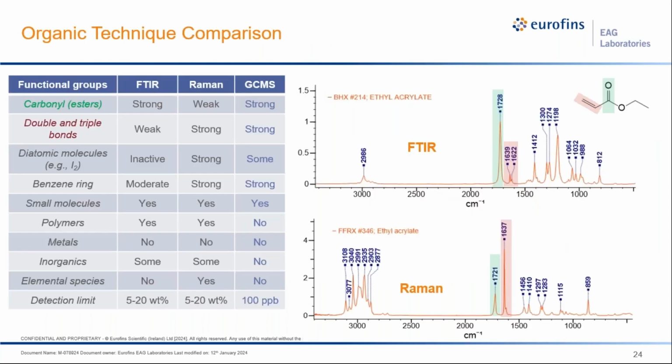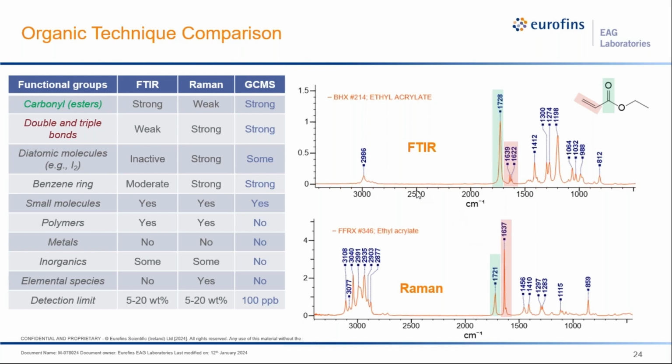And generally speaking, when we compare these 3 techniques, we can see that they excel for certain characterization and are not as good for others. And there's kind of a guiding principle for it. So comparing FTIR and Raman, FTIR is very sensitive to molecules that have a dipole, that have electron density being pulled away. So in this example, we have ethyl acrylate, right, which has this carbonyl. This carbonyl has a strong dipole, and that is why this molecule is going to have a very strong peak in FTIR, but a more muted peak in Raman.